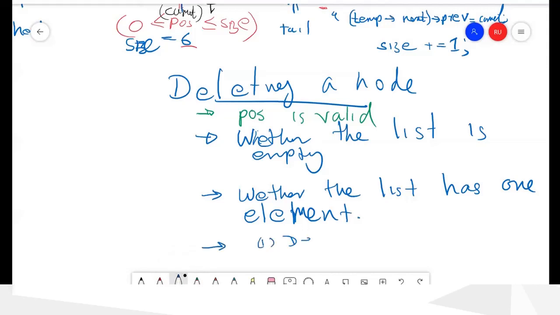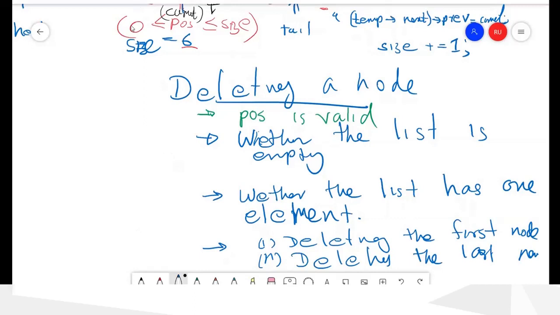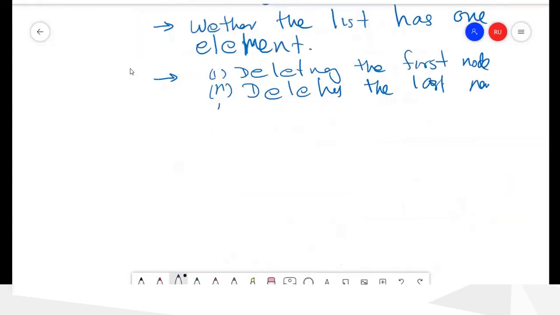First, deleting the first node, and then deleting the last node, and then deleting a middle node. So these are the three cases.